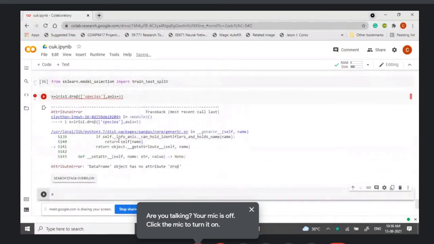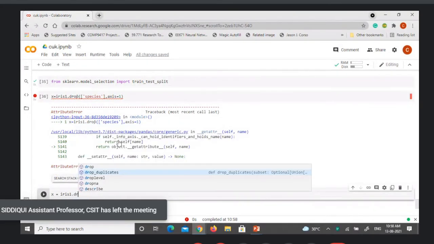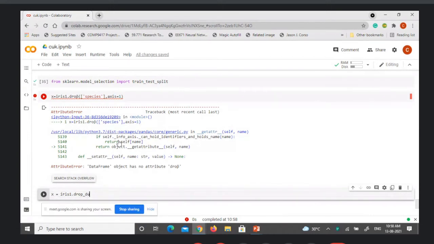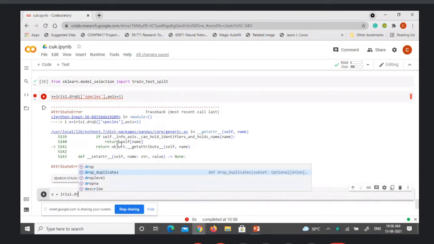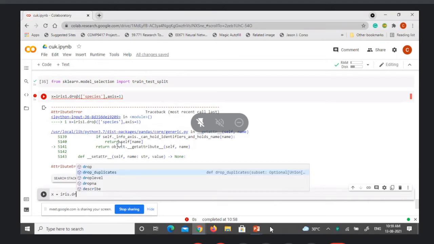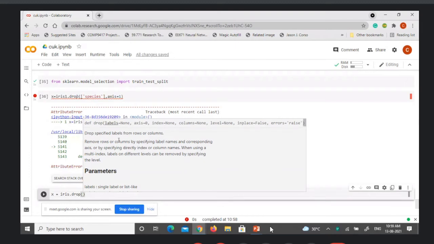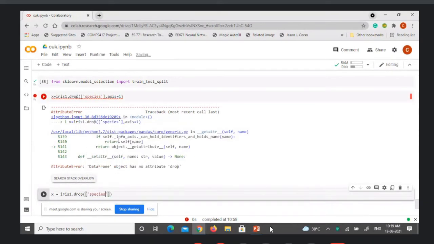Let me see what I have done. iris1 dot drop, species, axis equal to 1.